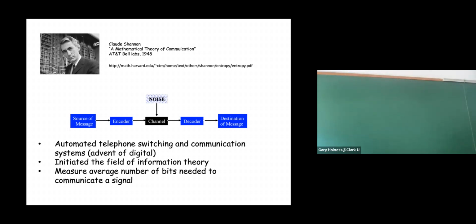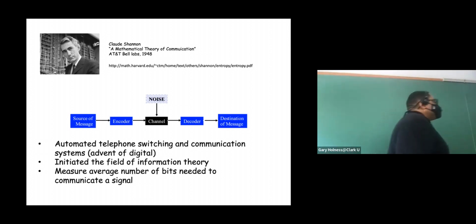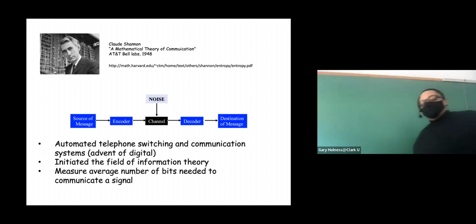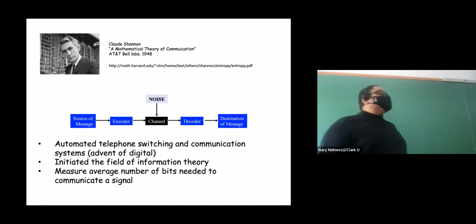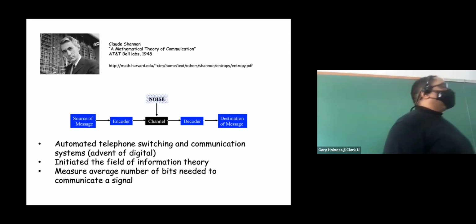And so this study, pioneered by Claude Shannon, information theory, was a set of mathematical tools that you use to determine what is the optimal or the average or the best, if you will, representation based on signals. And here, the signal that we're going to talk about, we're going to treat that as a set of values that come in or arrive or observations that you make. And these values that you observe are going to be defined or governed by a probability. Does that make sense? All right.